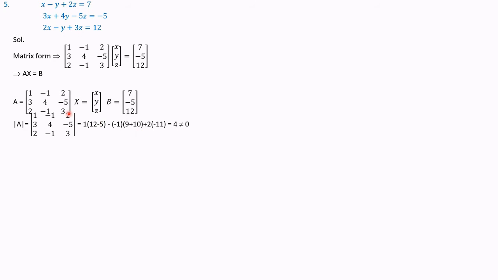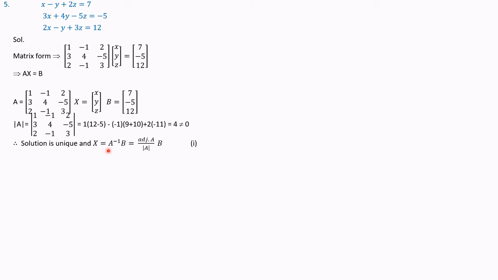So the third element in row 1 is 2. So this is 2 into 3, 4, 2, 1. That is 3 into minus 1 is minus 3. Minus 4 into 2 is minus 8. Minus 11. Simplifying, we get 4. 4 is not 0, hence it is non-singular and the solution is unique and it is given by the